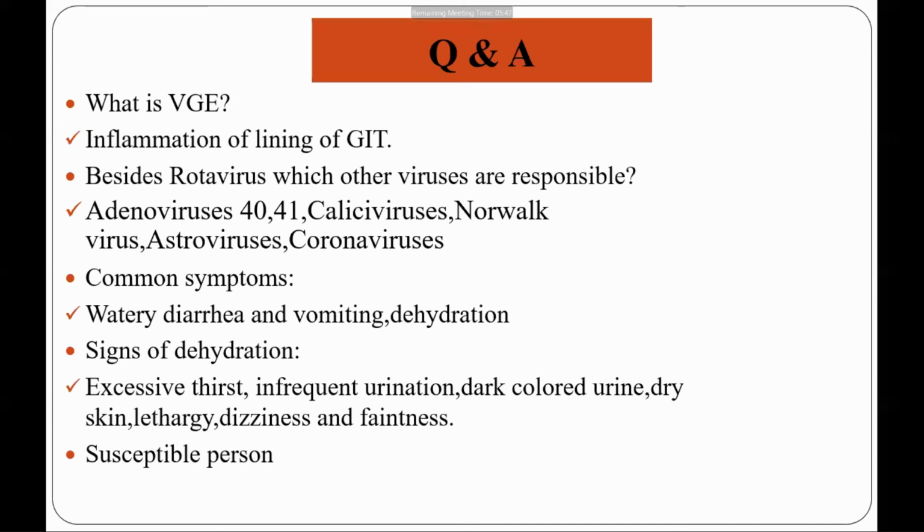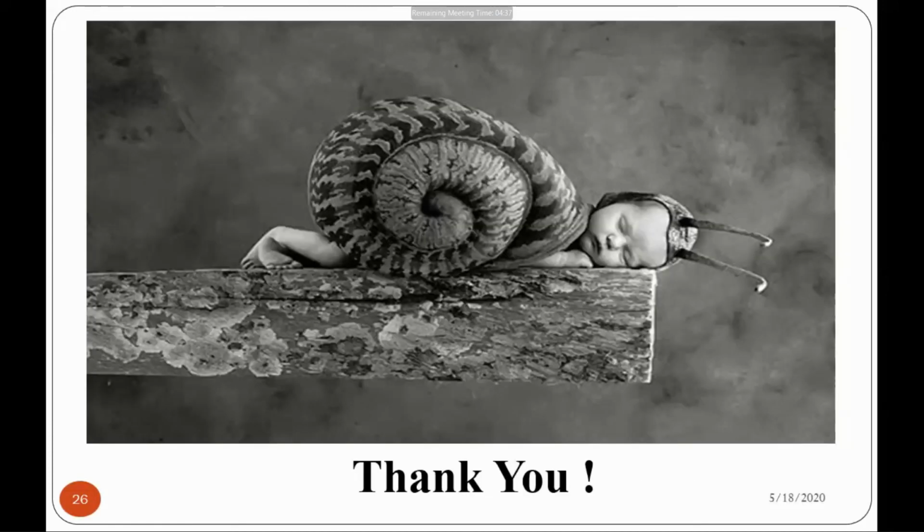Who are the susceptible persons for viral infection? In developing countries, mainly neonates, infants, and older ones, mostly those whose immunity is compromised or debilitated. These persons are susceptible to infection by these viral agents which are responsible for causing gastroenteritis. Mainly neonates, children, and persons whose age is above. That's all. Next topic: classification, structure, pathogenesis, and laboratory diagnosis of rotavirus. Thank you.